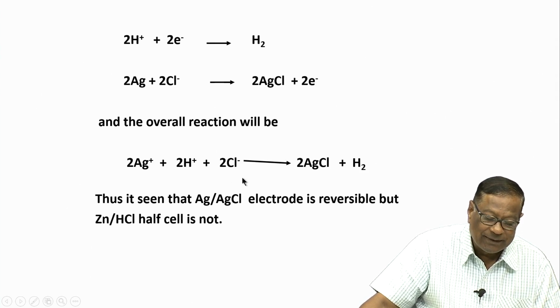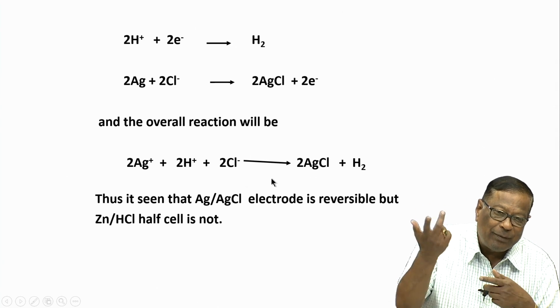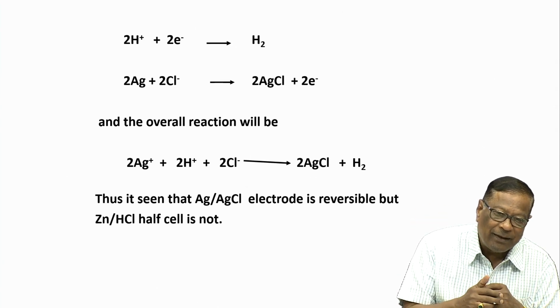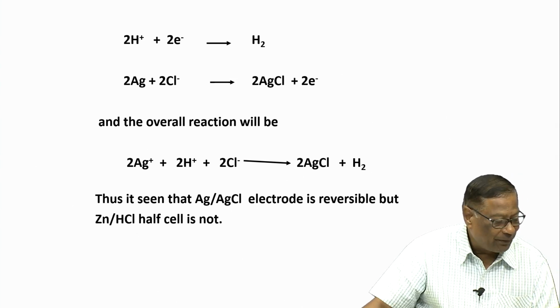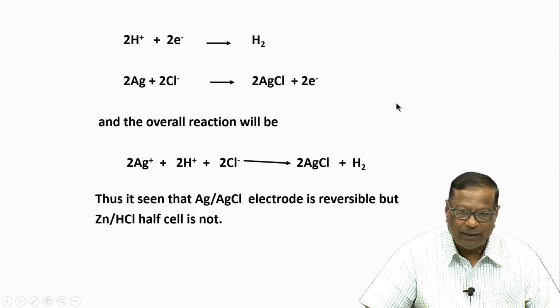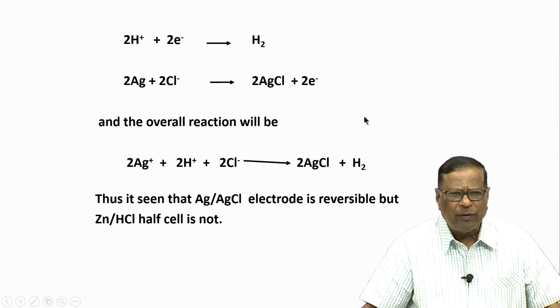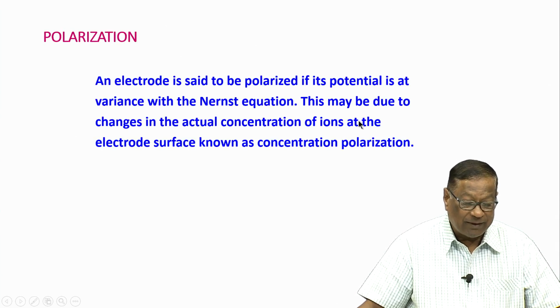Okay. So, what happens in zinc HCl solution, if I change the polarity, hydrogen will be released. If I change the polarity again, zinc will be deposited. So, this you should understand about the reversibility, but most of the reactions are reversible in electrochemical sense.